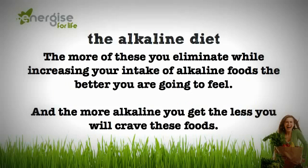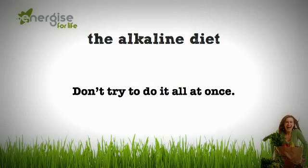And the more of these that you eliminate while you're increasing your intake of alkaline foods, the better you're going to feel, and more importantly than that, the less you're actually going to start to crave these foods. Those cravings will start to go away. So the big message here is don't try to do it all at once. And remember,